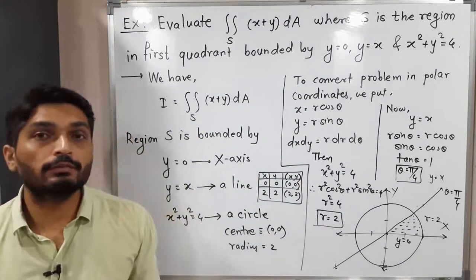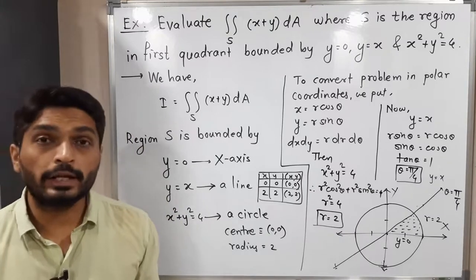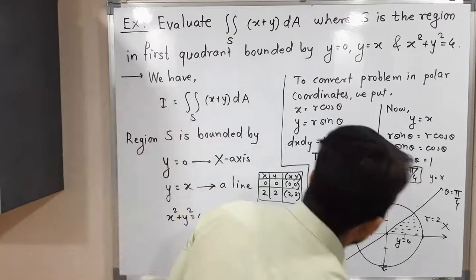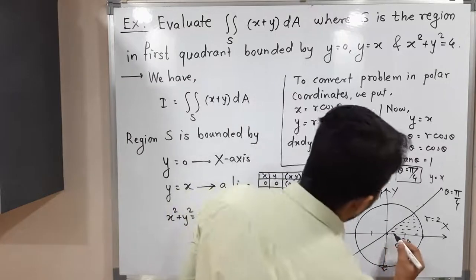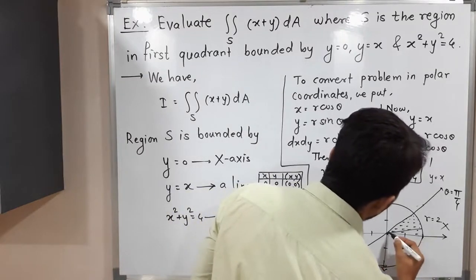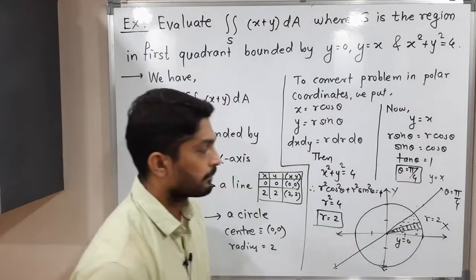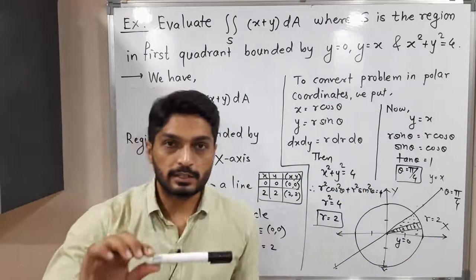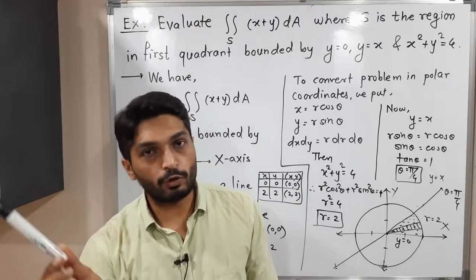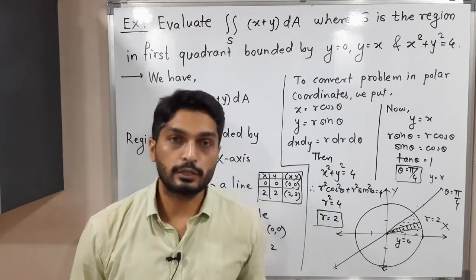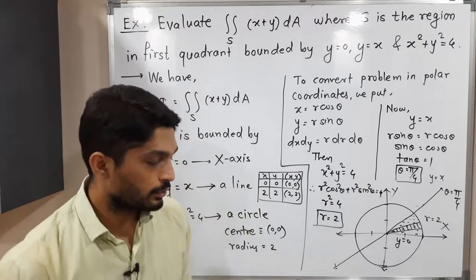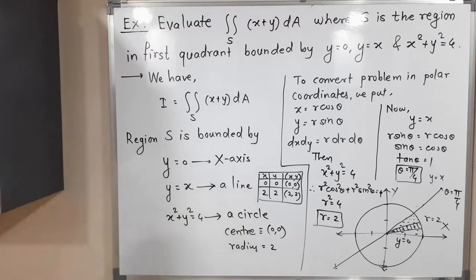Okay. So after that, we will consider a strip. You know that in polar coordinates, we always consider a strip which starts at the origin. So the strip will be like this. What will happen? One end of the strip is fixed, and it will move like this in the anti-clockwise direction and cover the entire region of integration. See, there is no more space to write. Make a screenshot of it, then we will go further.